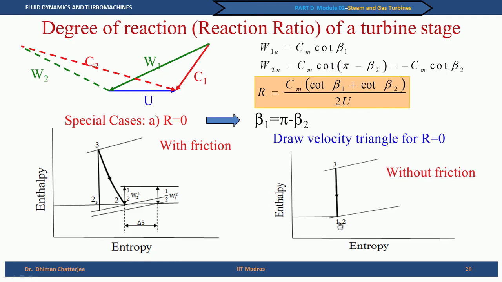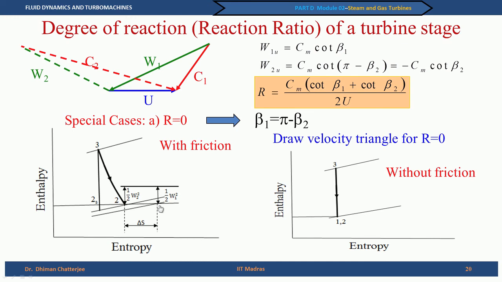So, 2 and 1 become coincident points. In the frictional case, we know that the pressures cannot be the same. However, R equal to 0 forces me to say that H2 equal to H1. So, 3 to 2 is an expansion in the nozzle, then this is the horizontal line and this point is